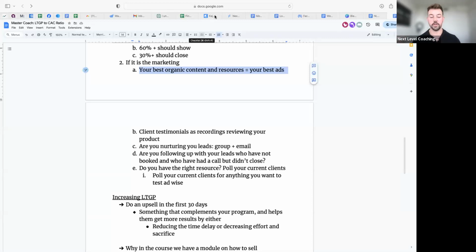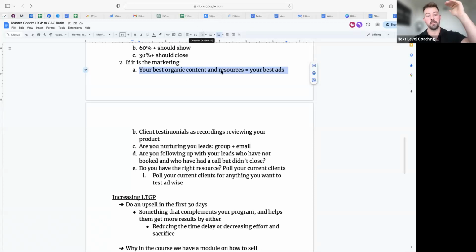So what you could do today, really simple action item: go back through your past 90 days' worth of posts and pick the 5 that outperformed. So if you predominantly run reels, what's the metric? Views, right? If you don't want to look at views and you feel like engagement is more powerful, then let's look at likes. Let's keep it simple, views or likes. So number 1, we've determined that marketing is an issue.